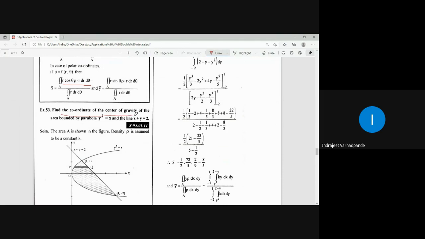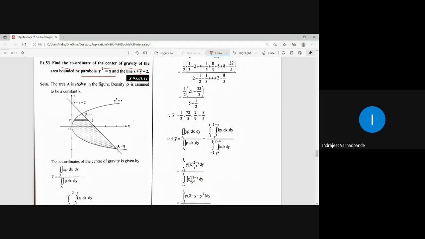Find the coordinates of the center of gravity for the area bounded by the parabola y square equal to x and the line x plus y equal to 2. Here density is not given, so it is assumed as constant k, and therefore we will not carry the value of rho, because that constant can be cancelled out from both numerator and denominator. Now the calculation of the center of gravity coordinate x bar will be double integral over A x rho dx dy upon